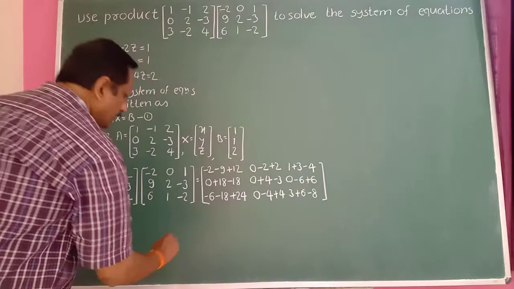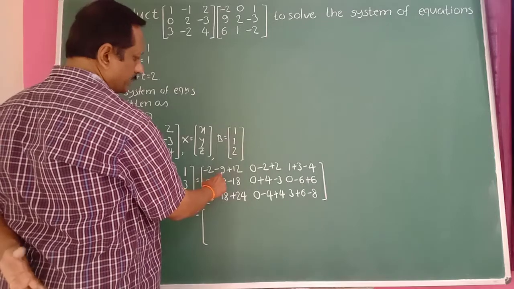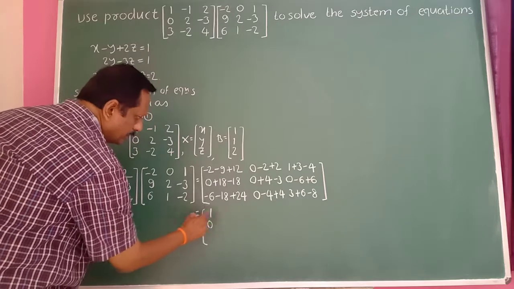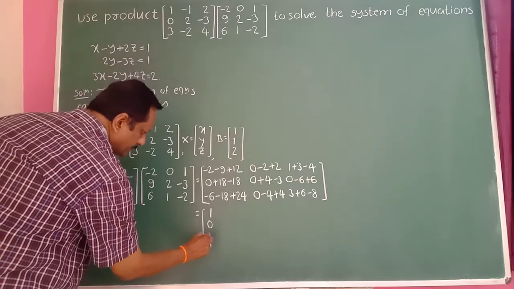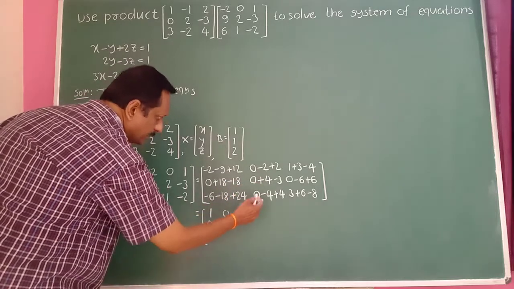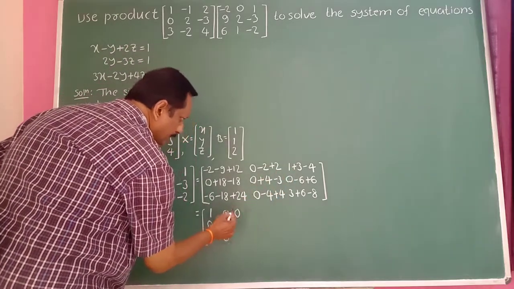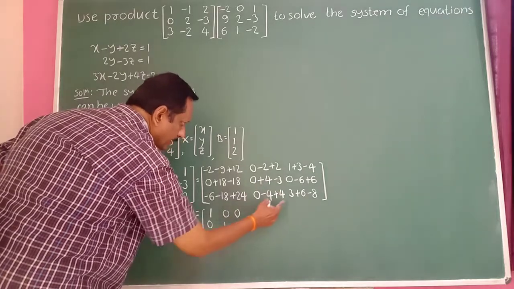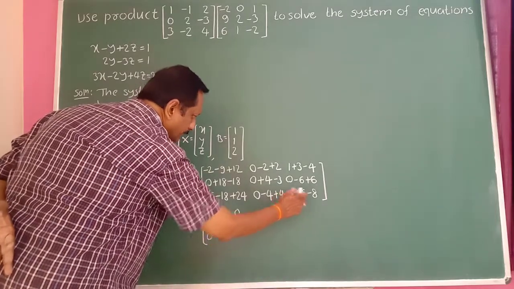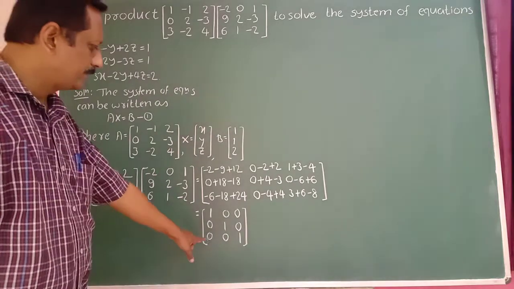Okay. Therefore, simplify. Here it is minus 2, minus 9, minus 11 plus 12 becomes 1 here. 18 cancels, it is a 0. 24 minus 24 becomes a 0. Then it is a 0 here. 4 minus 3 gives 1. 4 minus 4 becomes a 0. 4 minus 4 becomes a 0 here. Even this is also 0. And here it is, sorry, 1. So 6 plus 3, 9, minus 8 gives a 1 here. So the product is an identity matrix here.